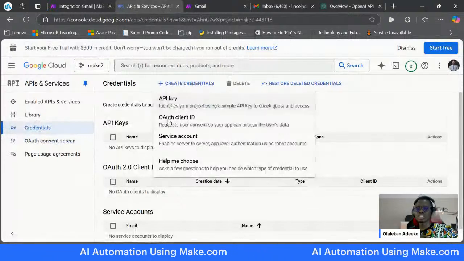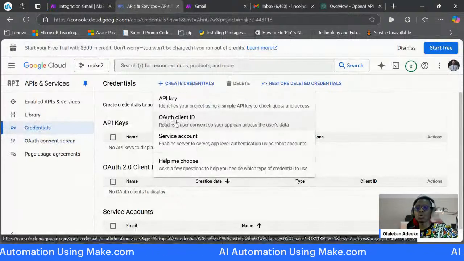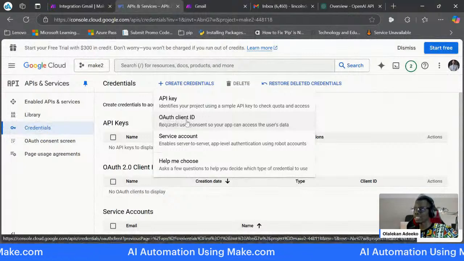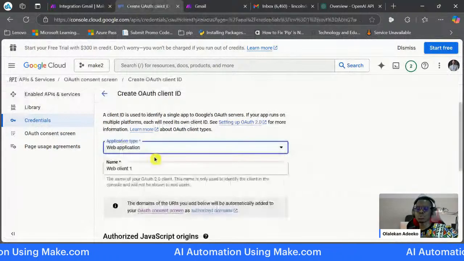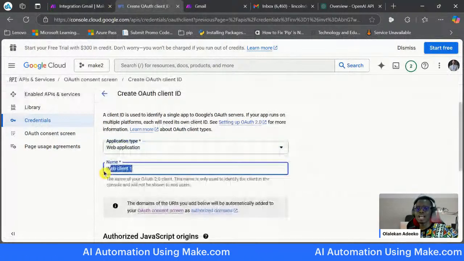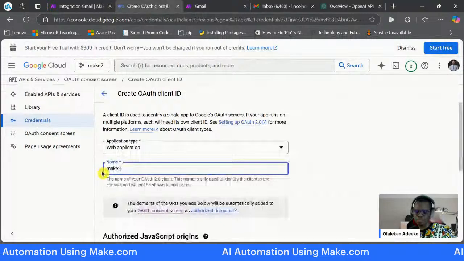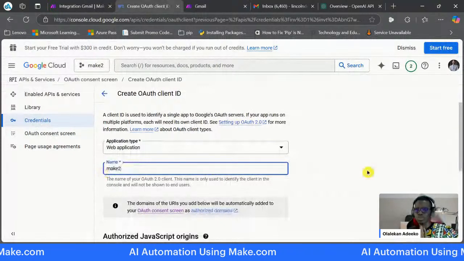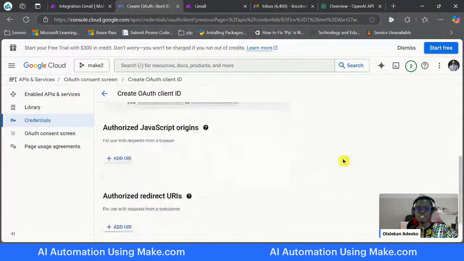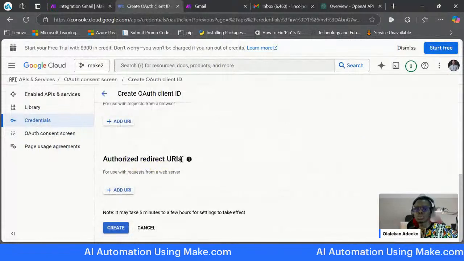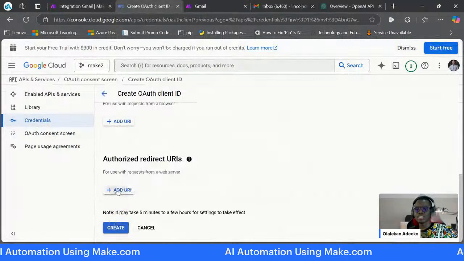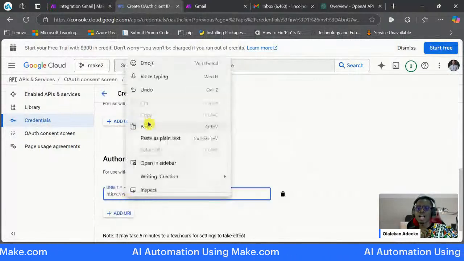So you create credentials, and we are picking this OAuth client ID. Click on it. The application type is web application, and the name, you can give it any name. I'm giving it make 2. That's all. And then you scroll down to authorized redirect URLs. So you click on add URL and put